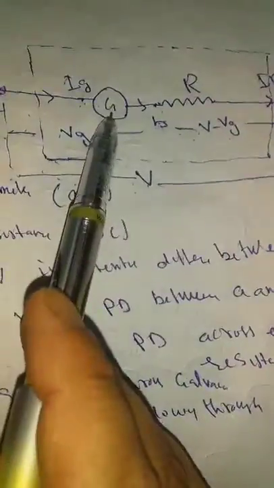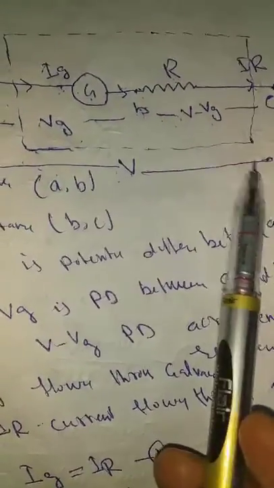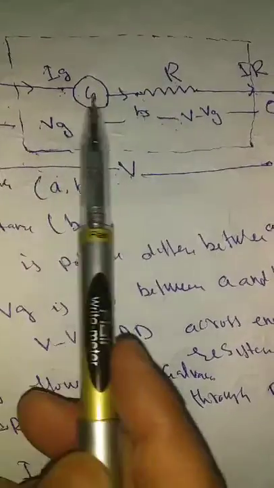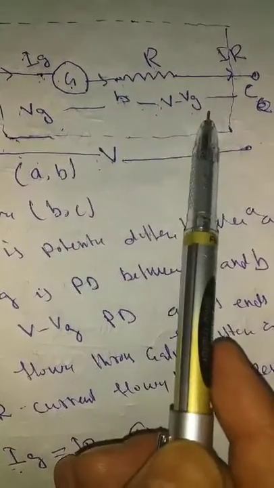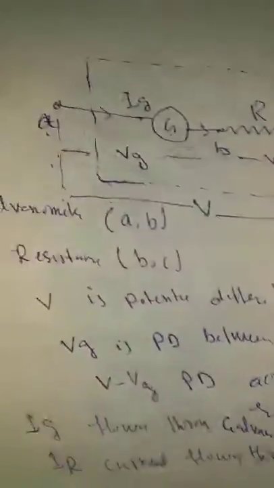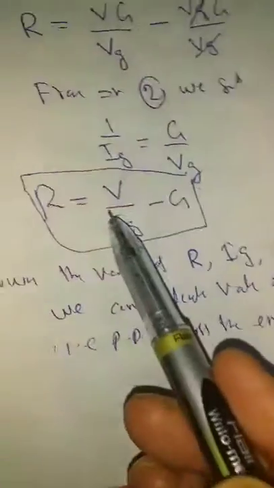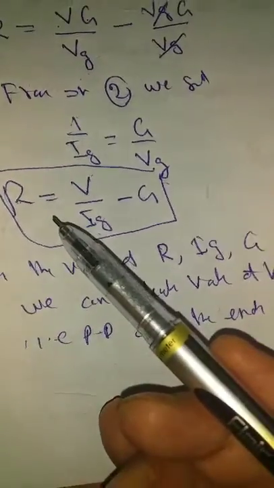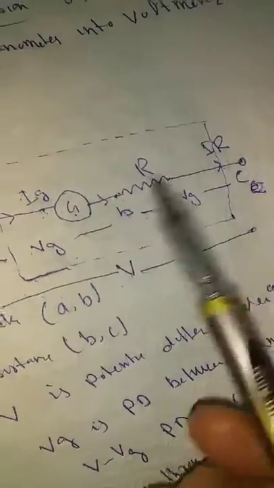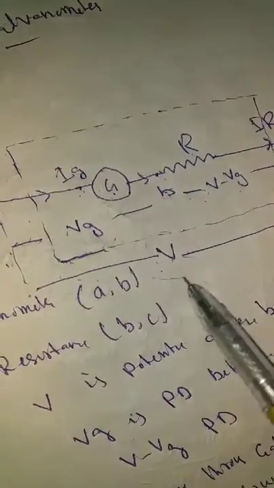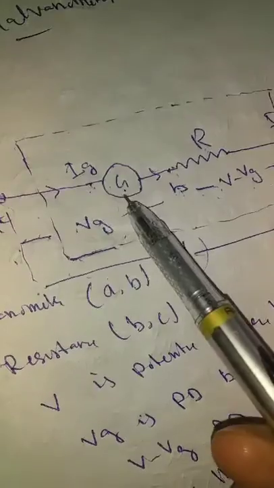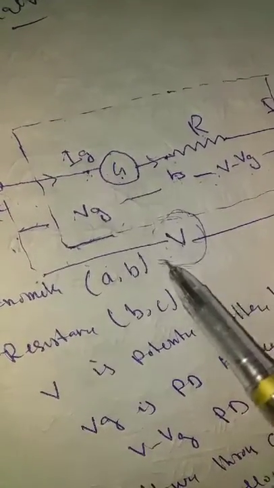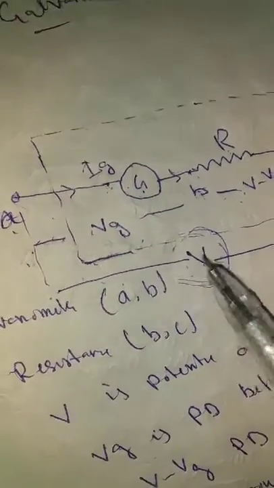Then we write G, where G is the resistance of the galvanometer, R is the resistance of this, V is the potential difference between A and C, and VG is the potential difference across the galvanometer. The potential difference across the resistance will be V minus VG. Then we have to solve a little, and by solving we can find out the value of V. V is the potential difference. That means it gives the potential difference between the ends A and C, between the ends of the terminal. This was the galvanometer, and it was converted into a voltmeter because it gives me the value of the potential difference.